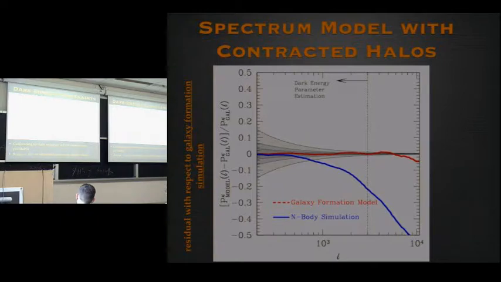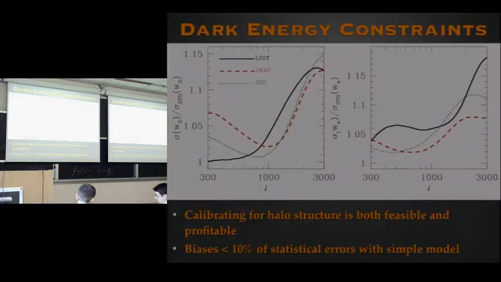I just have a couple more slides, a couple minutes. So then the obvious thing is that you can't have more information, right? You have to have a degradation in what information you're getting out of the observable, because now you have extra parameter freedom. Okay. So if you want to measure, for example, your uncertainty in w, so this is your uncertainty in this new model where I've added extra degrees of freedom, compared to the standard case where I've just assumed that I know P of k infinitely accurately.